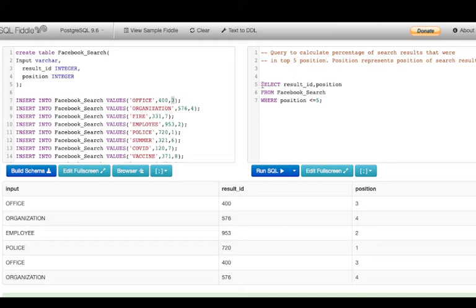Alright, so for that what I am going to do is select star from Facebook search, and let us give it an alias name F, because now we are going to left join.